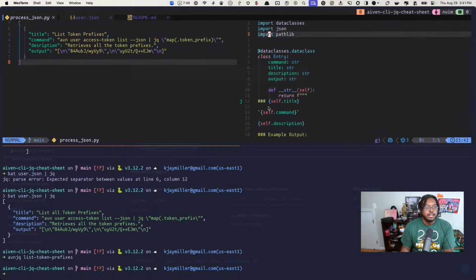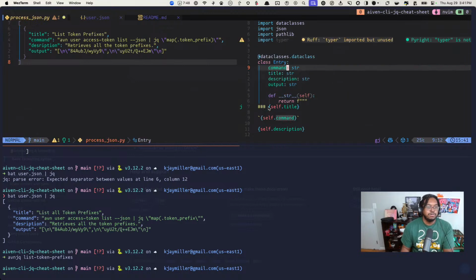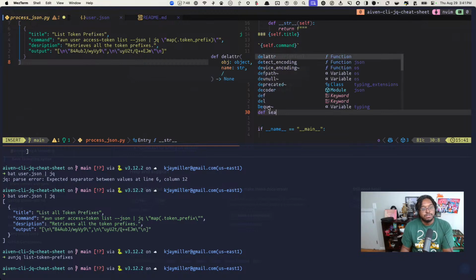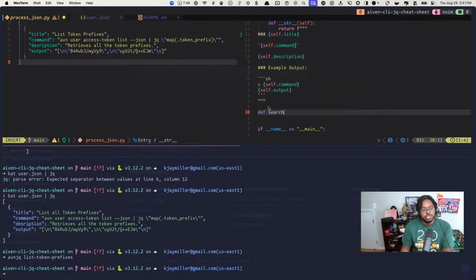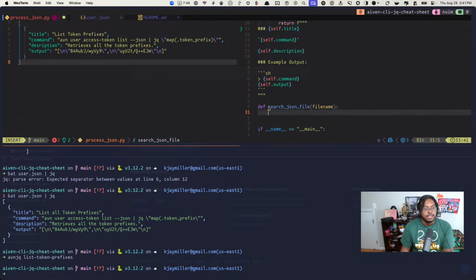All right, Laura, you convinced me. You convinced me. All right, so then we're going to do def search JSON file, and that's going to be file name, and then